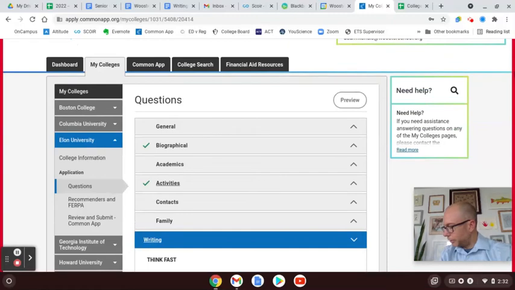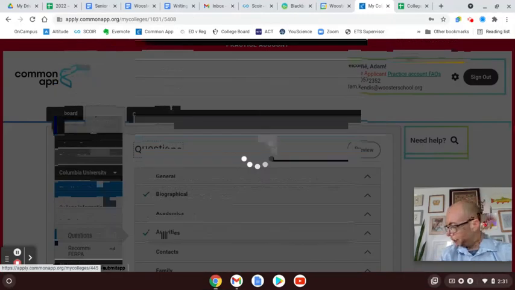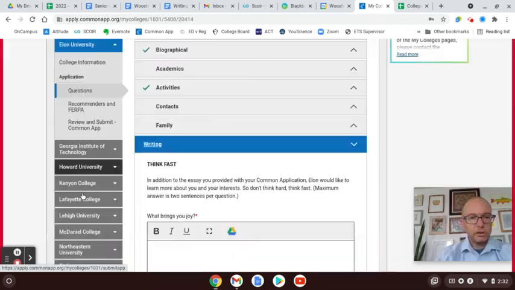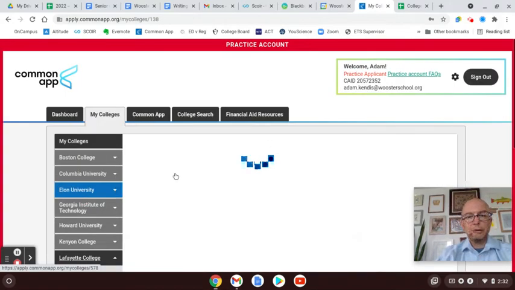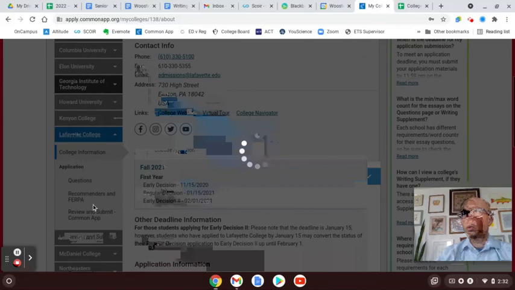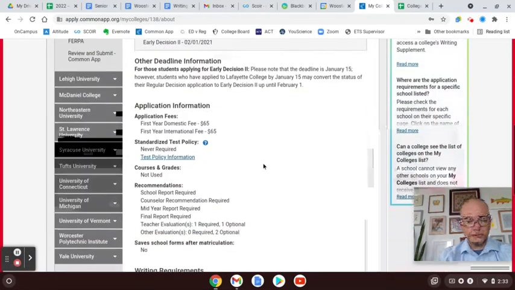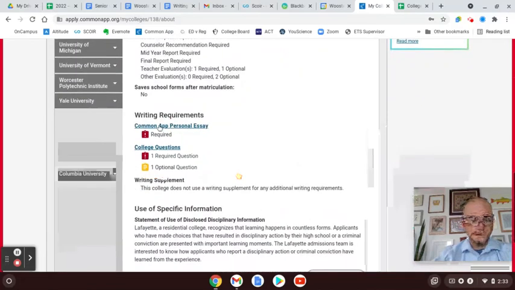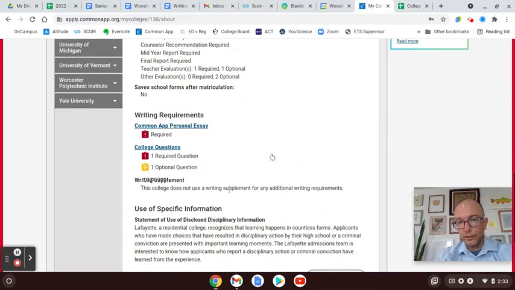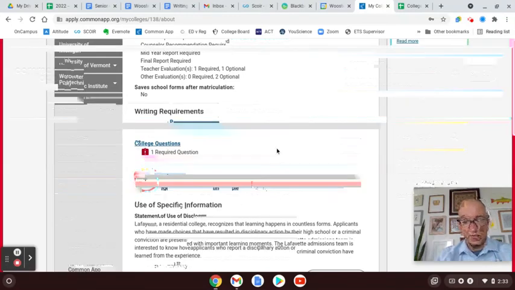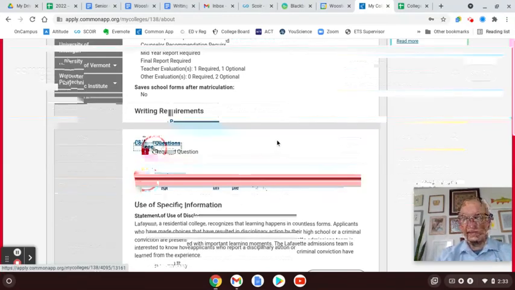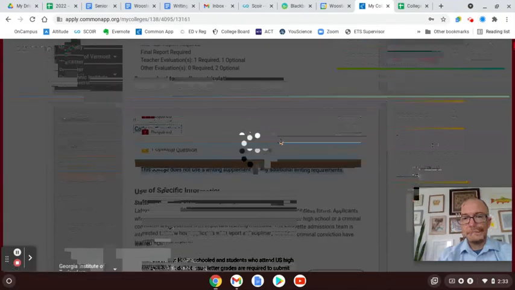Now we're going to take a look at one that's a little bit more confusing, and we're going to go with Lafayette College here. And so in Lafayette, again, we don't see that clearly labeled on this side that it says supplement. And actually, even if we scroll down here, it says this college does not use a writing supplement for any additional writing requirements. That is not true. So if we click here on college questions,